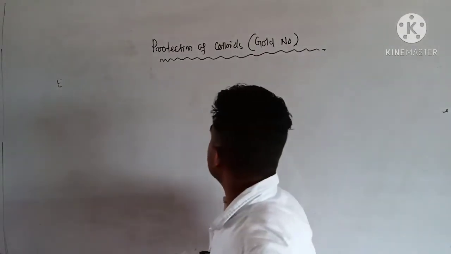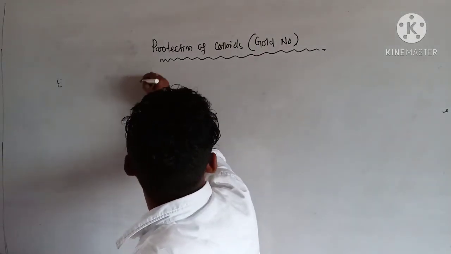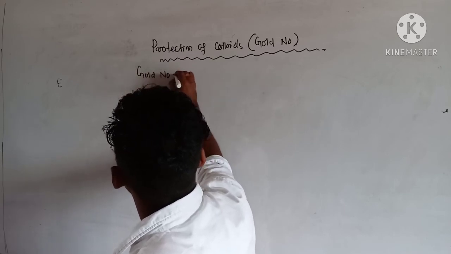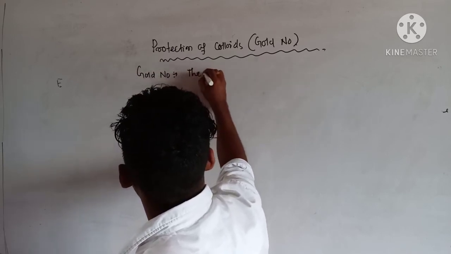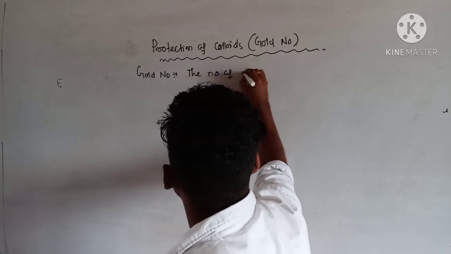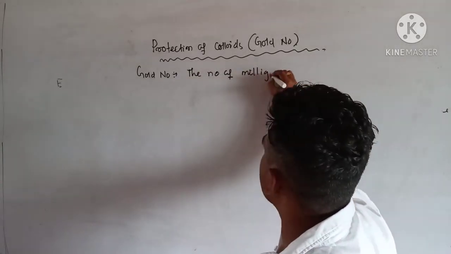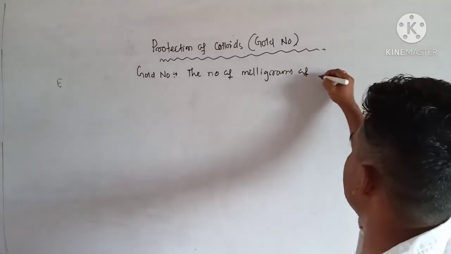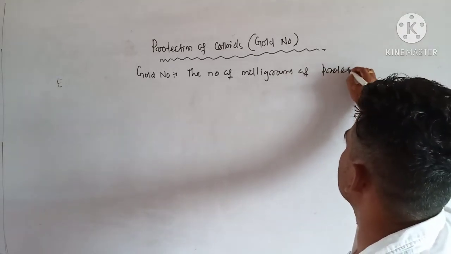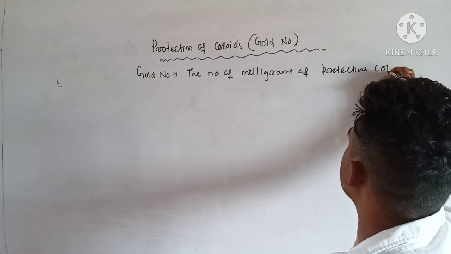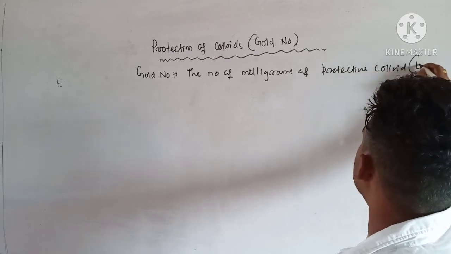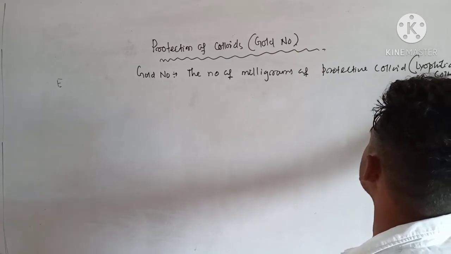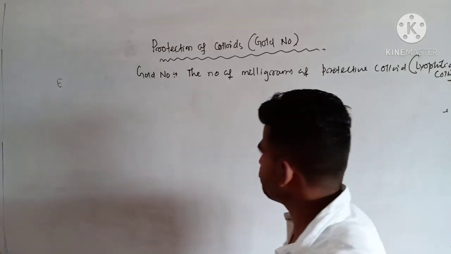So here I can define gold number: the number of milligrams of protective colloid, that is your lyophilic colloid, protective colloid